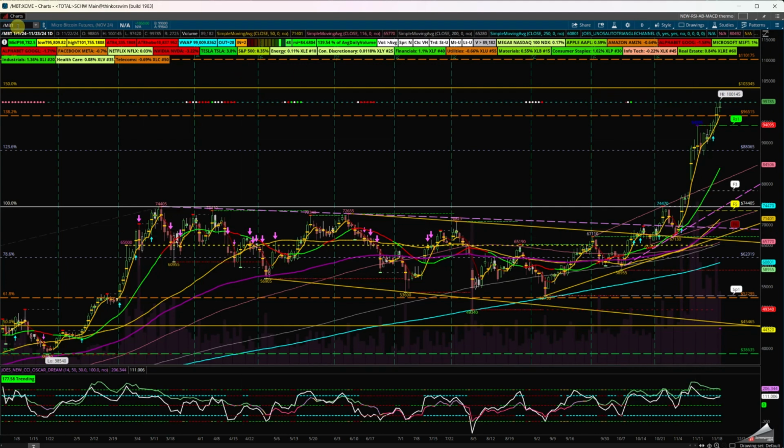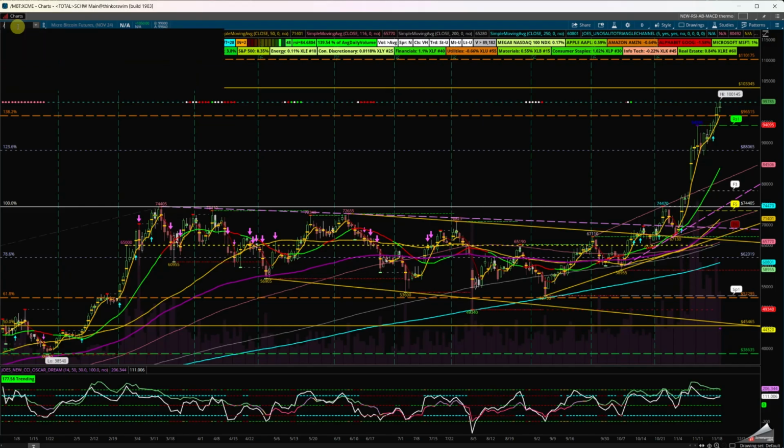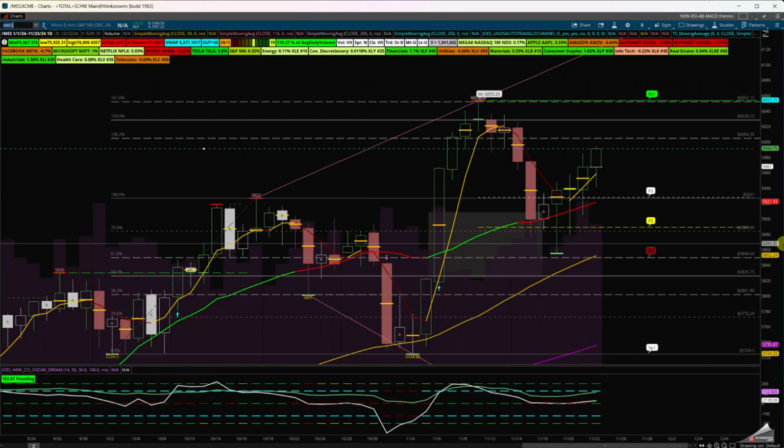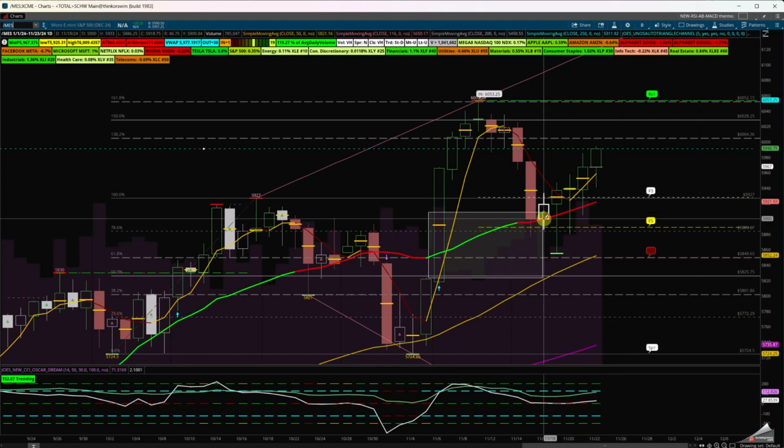So let's go now. Take a look at the micro ES, and I want to talk about the S&P 500. This is the annual chart from January low to the high year to date. But you can see that the CCI has crossed the momentum and is trying to make a U-turn back up. Is there going to be a grind higher in the S&P 500? Possibly. But we have to pay attention to the Nasdaq, because you can see that down move.